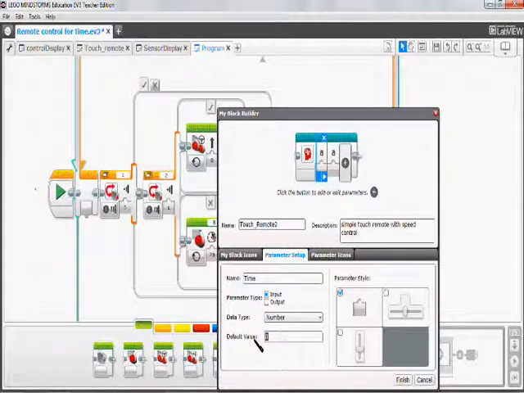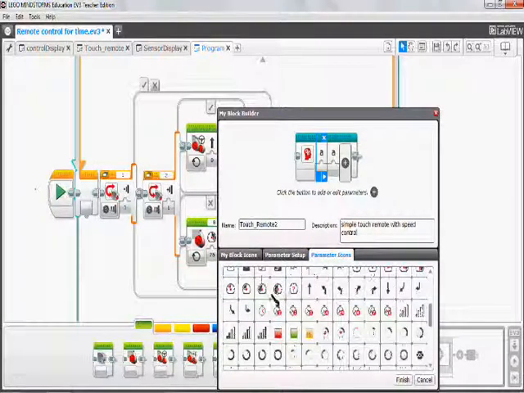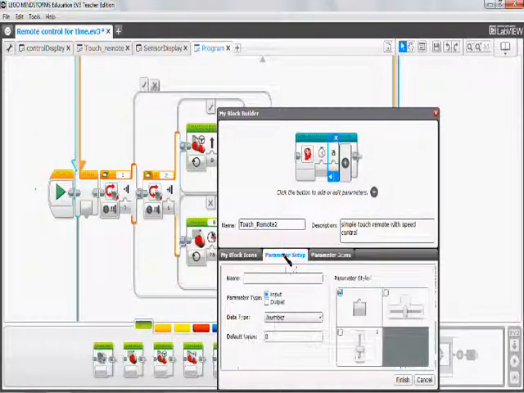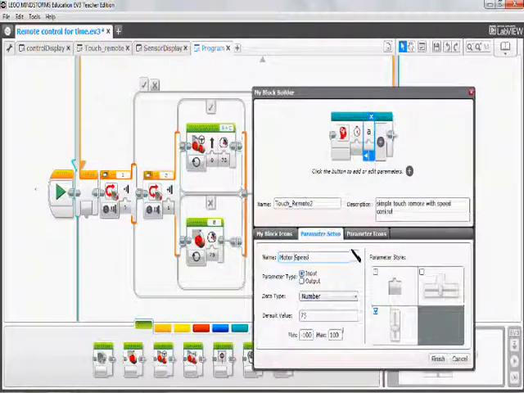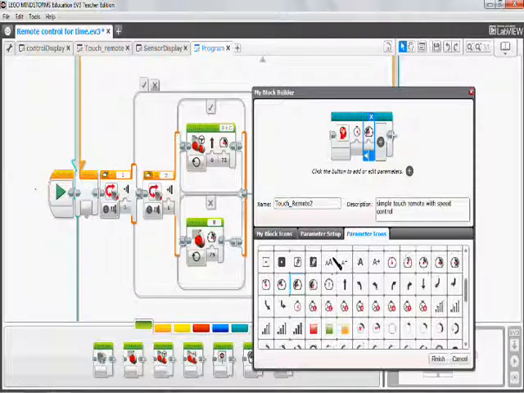So I'm just selecting right now that it's going to be a numeric thing, and the start value is going to be 10. And on the right side is the type of input it was, so a slider or a typing thing. The next input we're adding, we're going to name this one the motor speed, and it'll be a numeric. We're going to click on the slider vertical and give it a little icon, just like we did